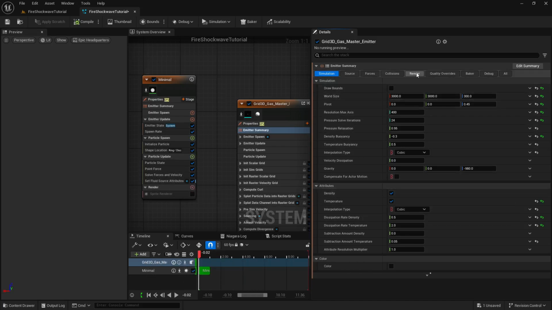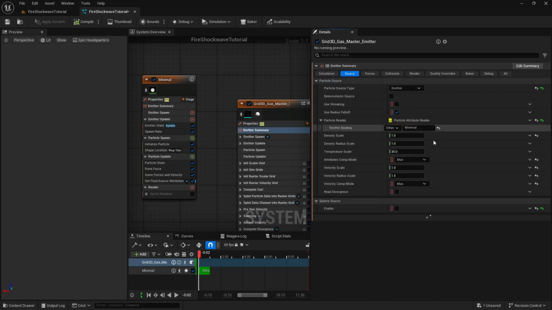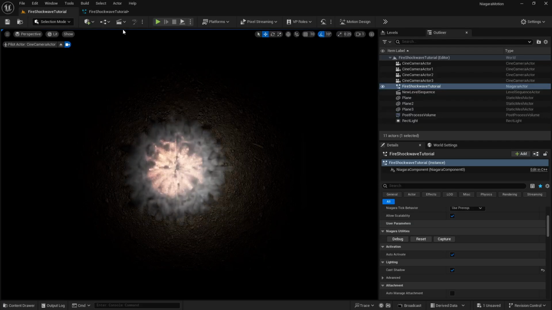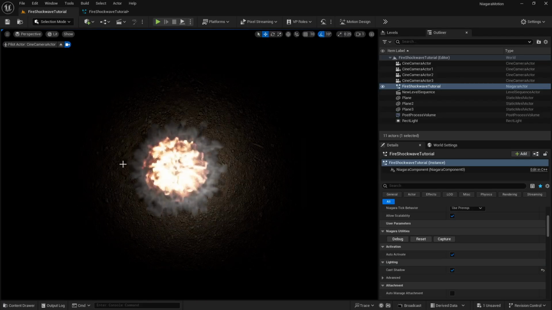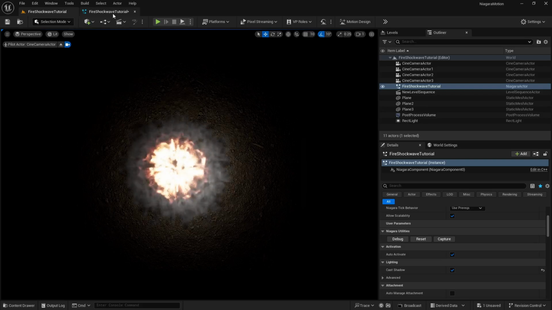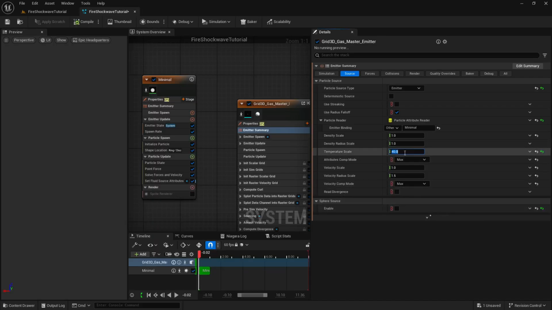So if I go to my sources as well, and if I play with our temperature scale, if I take this to 20, and if I go here, now you can see we are not emitting that much temperature. Okay, so you can play with this color as well. So if I go to 40, it is going to be a lot hotter here. So you can see the result. So it completely depends on your requirement, how you want it to be.